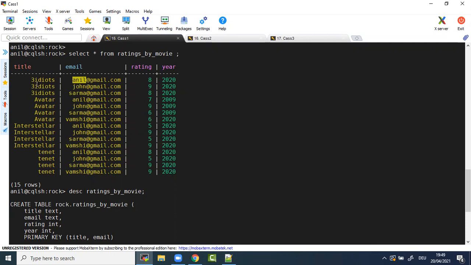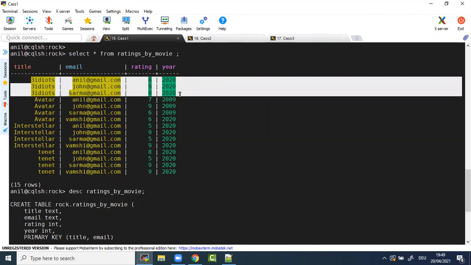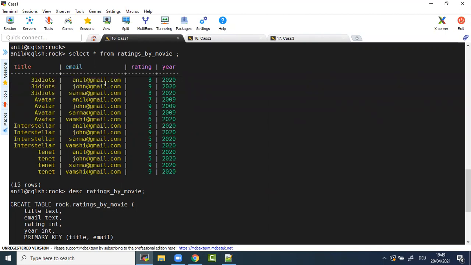If you notice here, by default, clustering columns give you order. By default it is ascending. If you see, Anil watched it, and John Sharma, they are in order by default. So you don't need to keep any order by condition when you are retrieving, because it stores that way because of the clustering columns.